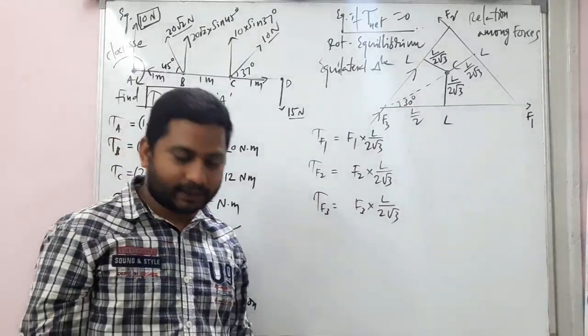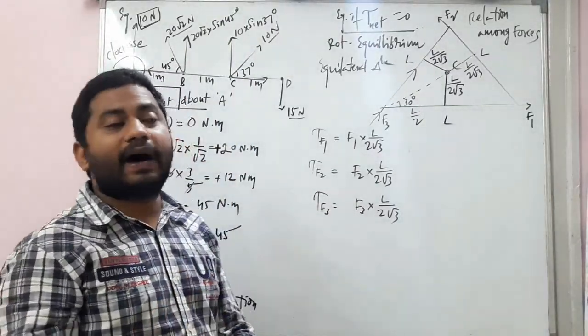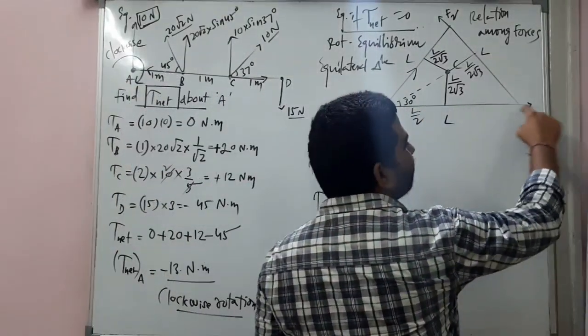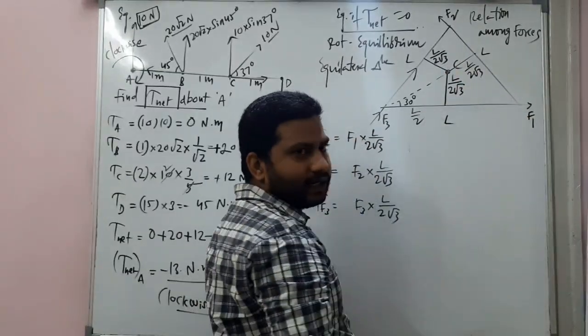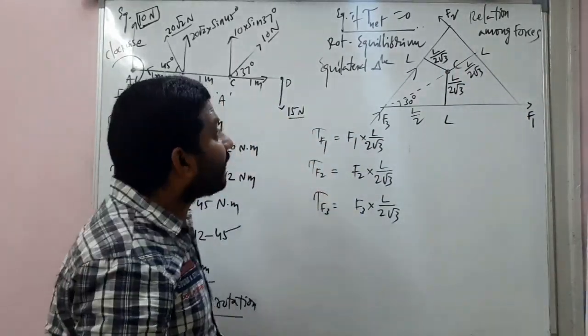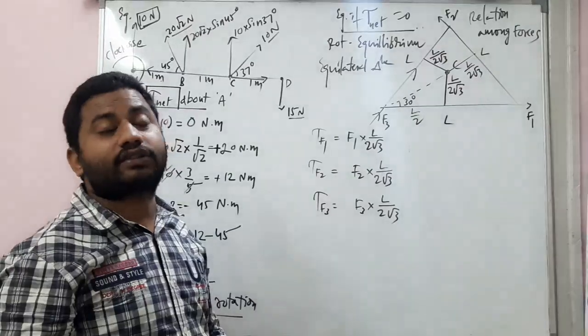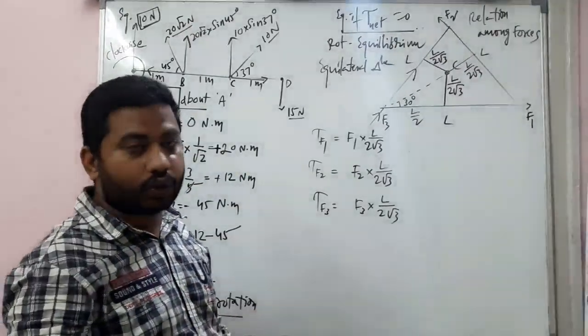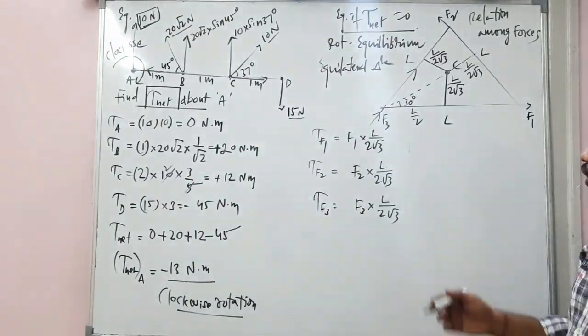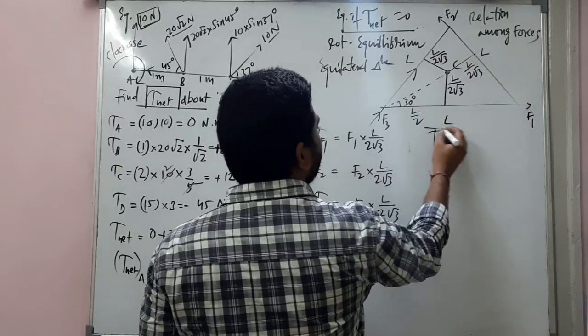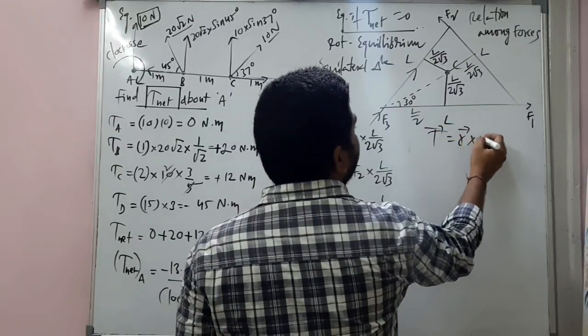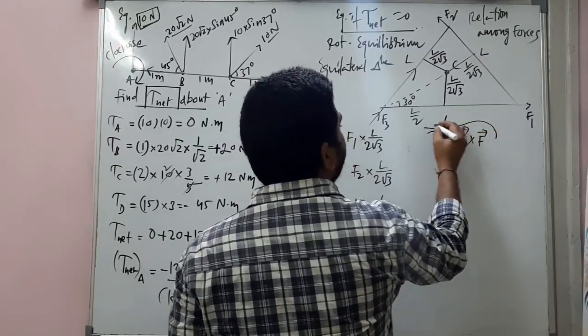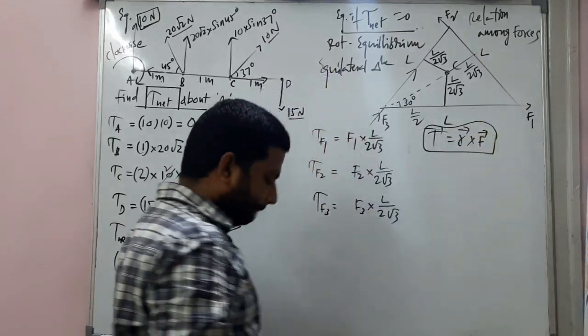Direction we have not mentioned here. R bar cross F bar. So this is F1 and this is R bar. Understand, R bar is always from the axis of rotation. First you should start with R bar cross F bar, not F bar cross R bar. So torque is R bar cross F bar. I'm writing it once again here: tau bar is equal to R bar cross F bar. Remember, R bar cross F bar.